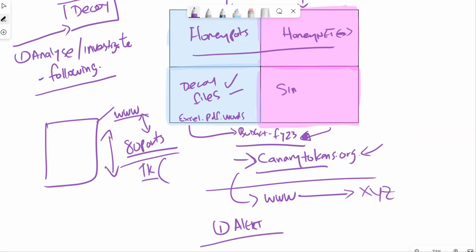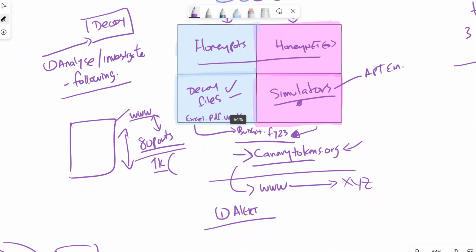And then we've got the final step here, which is our simulators. Our simulators are pretty much components that allow us to run these applications and simulate the different types of systems we can run. So it could be a VM that we can run this on, and there's a bunch of these. There's APT emulators that we can run, and there's a bunch of other ones that we can just launch, and then we can describe what category we want to deploy, and then we can deploy this on a mass scale, whether the honeypots or honey networks, and the simulators themselves make it easy to deploy, to manage, and obviously execute these deceptive technologies.